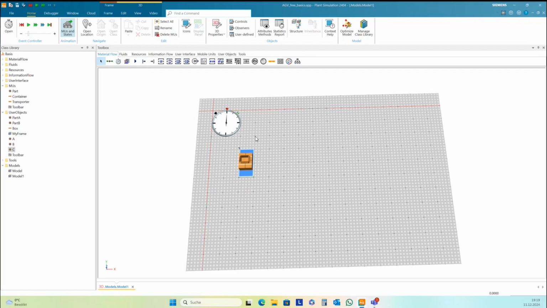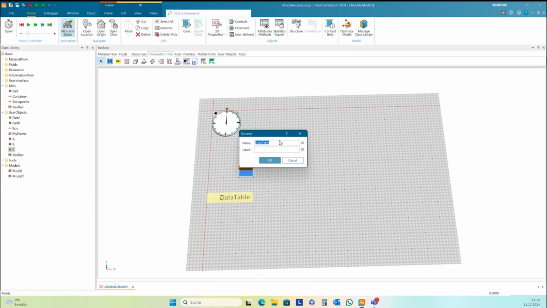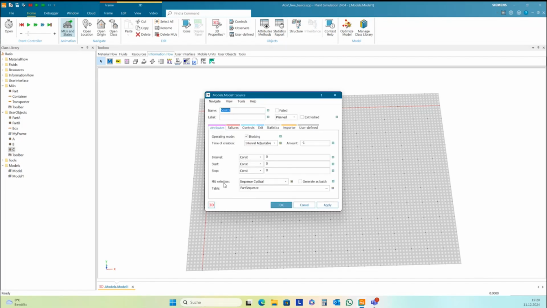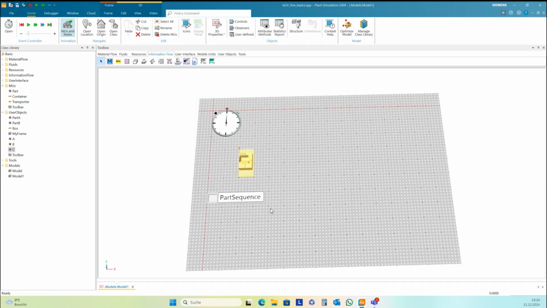And so I need a data table here to hold information for the sequence. Drag the table onto the source. Then it becomes here MU selection sequence cyclical, and the table will be inserted here as table.